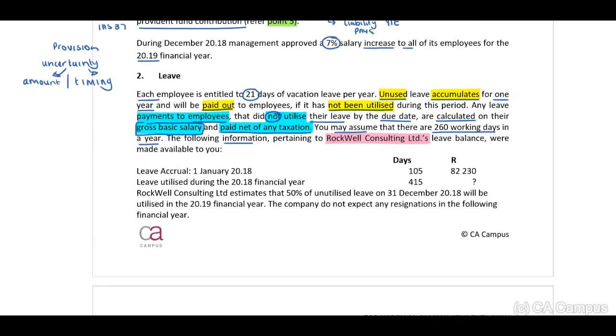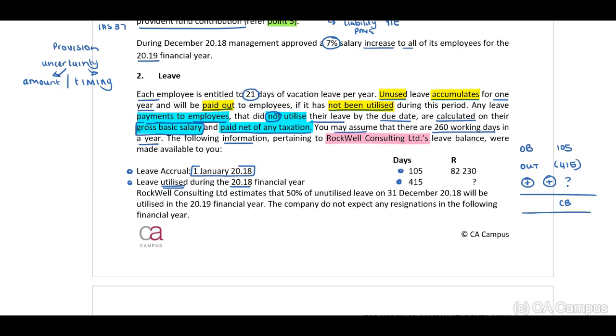Now, in terms of leave, they provide us with our leave accrual on 1 January 2018, and the leave utilized, therefore used, during 2018. Our opening balance is 105 days, then used 415, therefore we need to take this out. How much leave will accrue? Take this out, they've used this. We need to determine how much leave accrued during the year, add this, and this will then be our closing